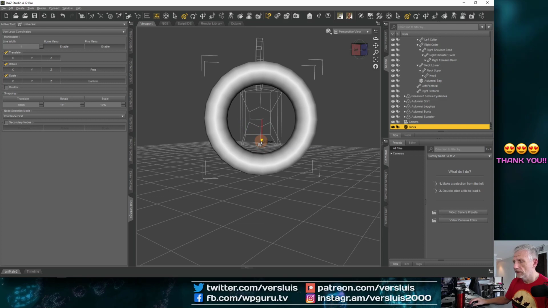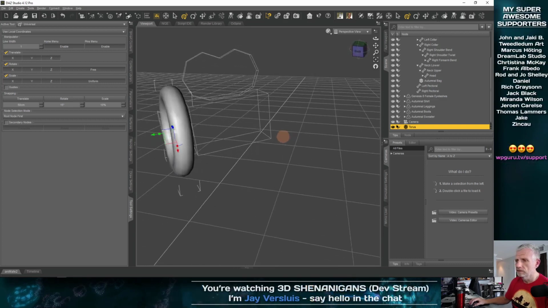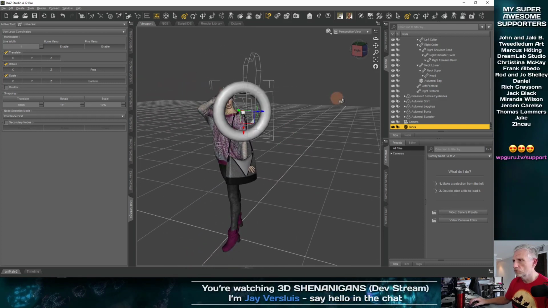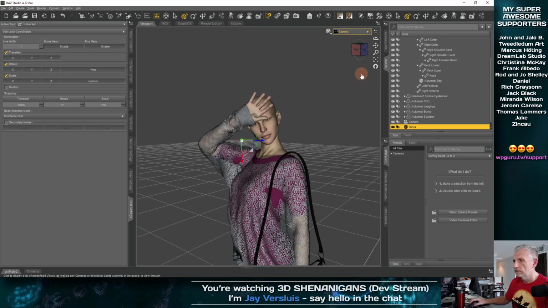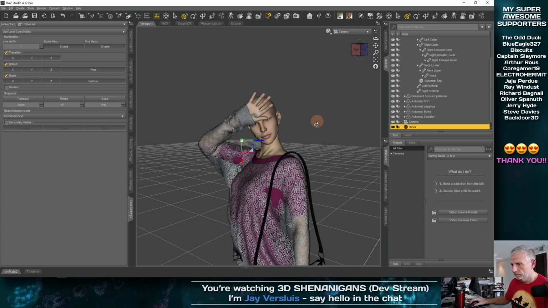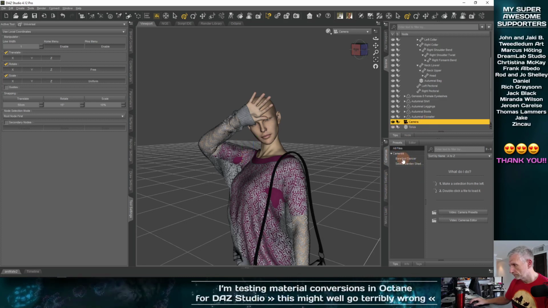It doesn't have to be mega accurate. It's just so that the camera can focus through that, and then we can get that kind of lighting effect. And then also on that camera,